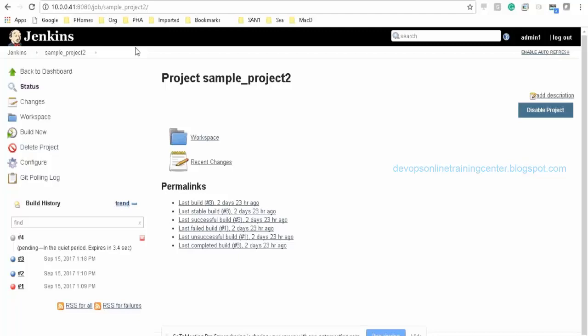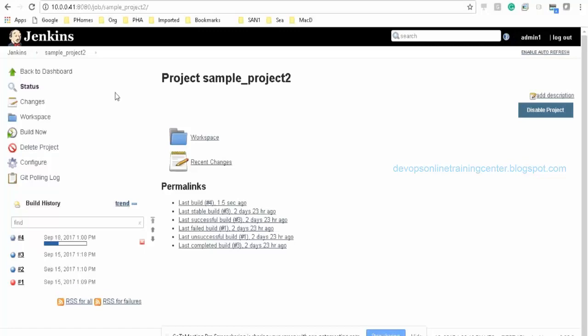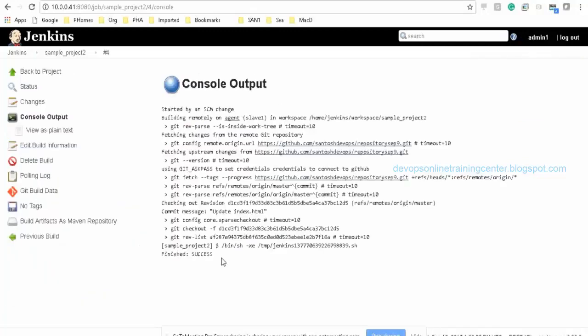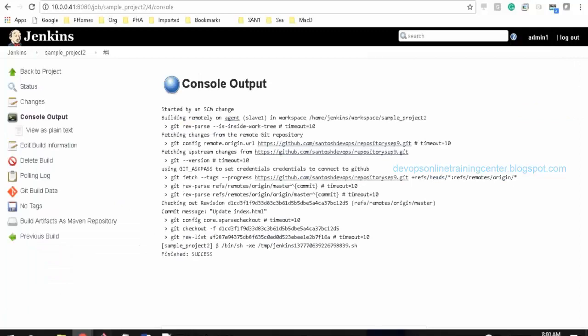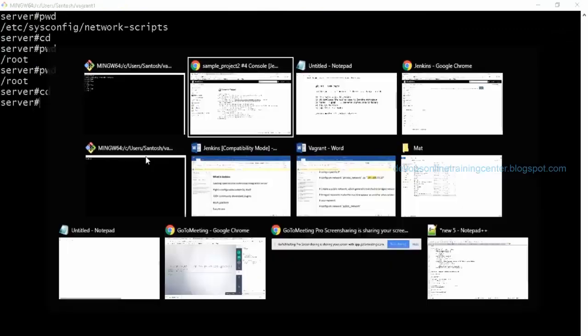So there is a new job started with number 4. We didn't start it manually, it picked up the change automatically. The next step is it will download it to the Jenkins workspace. And if I go to the Jenkins workspace, where is this downloaded? Master or slave?